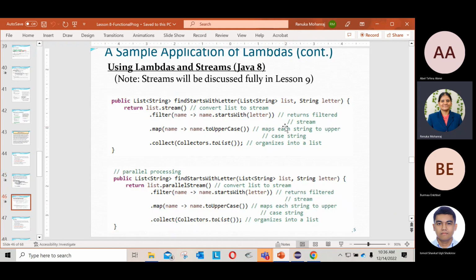So we will discuss this tomorrow. This is a kind of application. If I have an input list, this is your collection dot stream. Then I want to filter the names that start with the letter. So now we did a lambda implementation. Did you notice here? So this will be a functional interface. Tomorrow you should know, if I want to use a filter, what kind of functional interface I can implement.